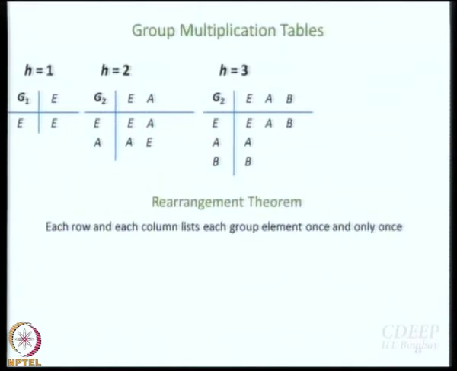Have you understood the meaning? Okay. So what it implies is that no two rows or columns can be identical, right? Because if there are two identical rows, then what will happen? You go down the column, you will have the same thing twice. That is not done. No two rows or columns can be identical.